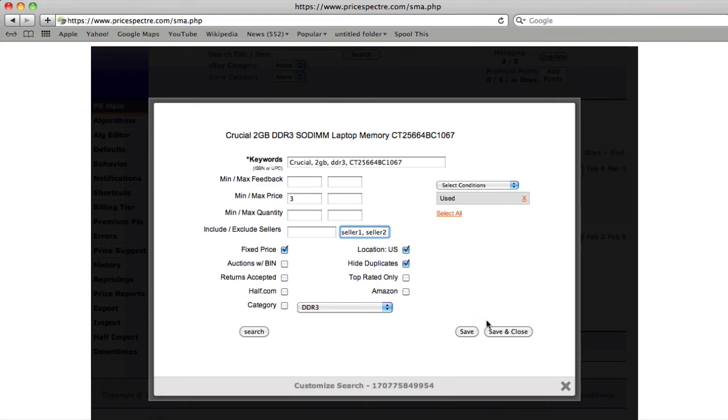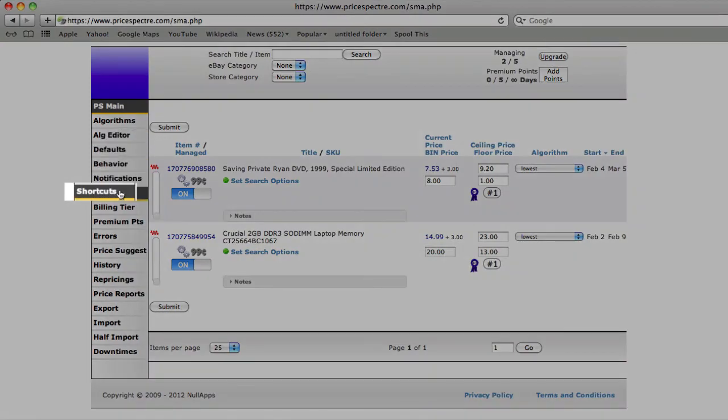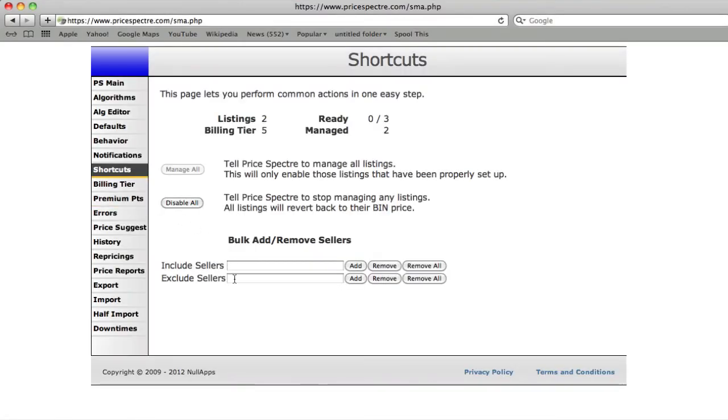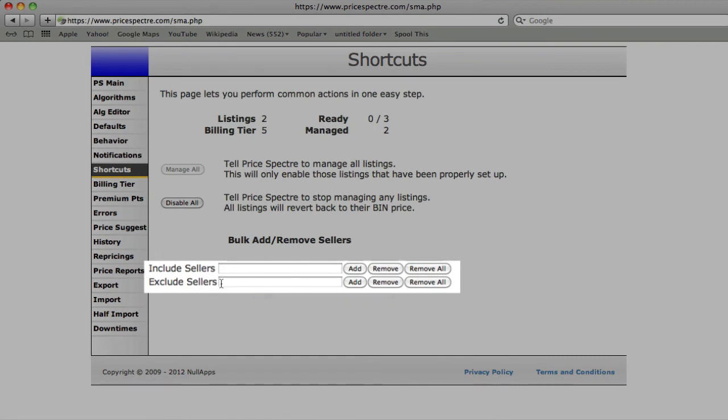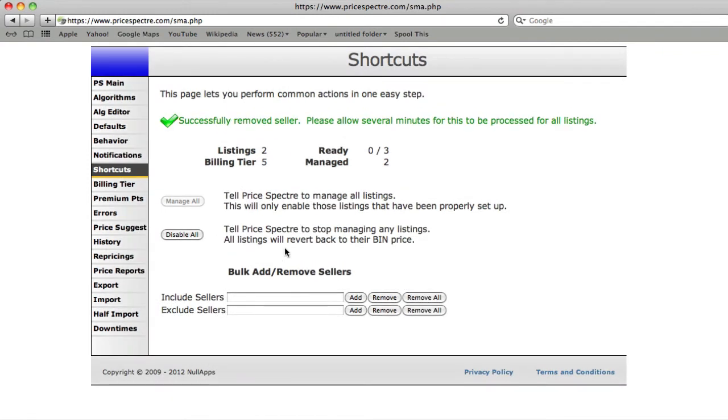So now go to the shortcuts page and here you can exclude sellers. I may have other listings that I've set their own exclude sellers parameter and I don't want to overwrite it. So this is a great way for getting rid of one seller from all my listings. I'm going to get rid of seller 2 and remove. Now go back to Price Spectre's main page